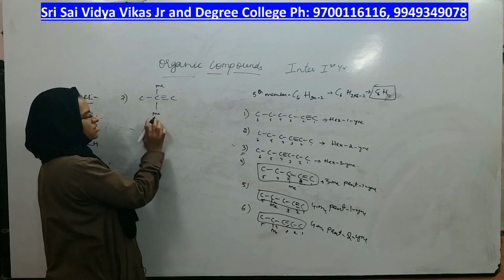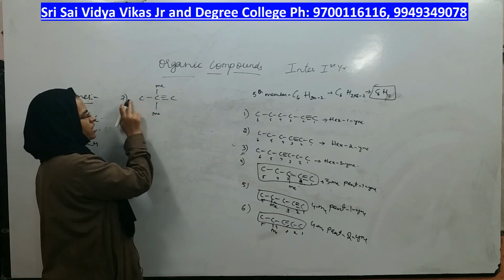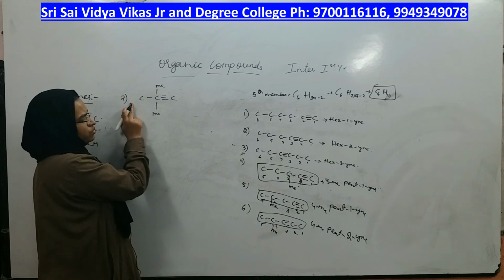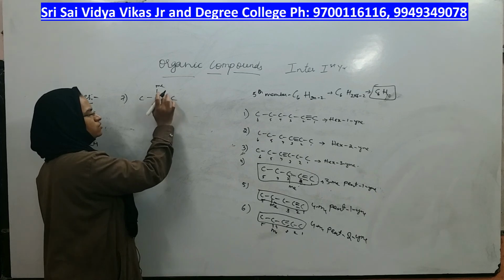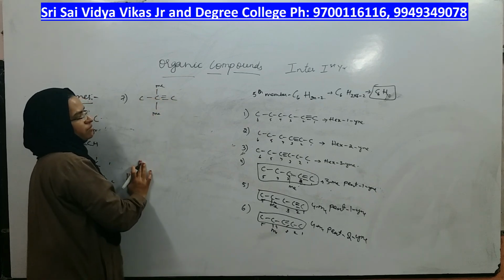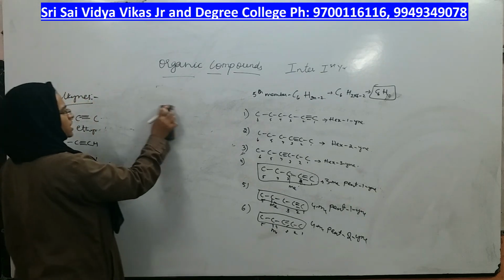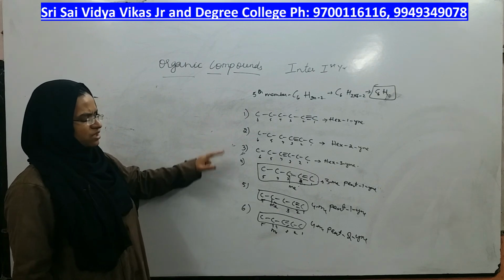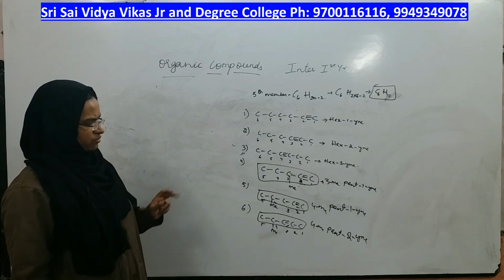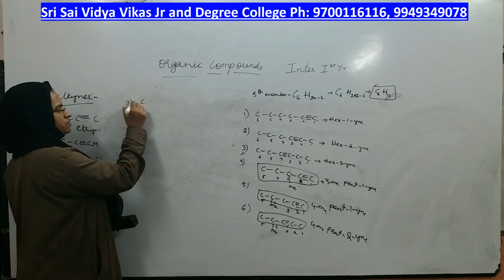If I add 2, I have already added. Third I cannot add. Even if I add, it becomes butane, 4 carbons. And even if I add 2 groups here, 1 2 3 4 5 6 carbons are coming and the tetravalency is not getting satisfied. So you can have 5 carbons in the chain, 6 carbons in the chain and 4 carbons in the chain. 4 carbons, okay, I have not tried with 4 carbons, right?